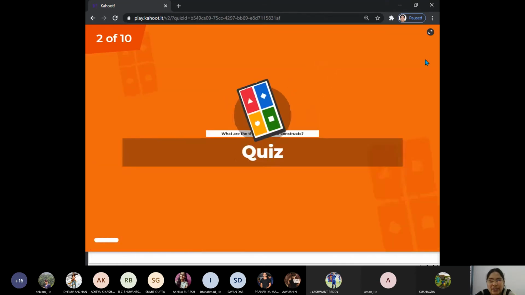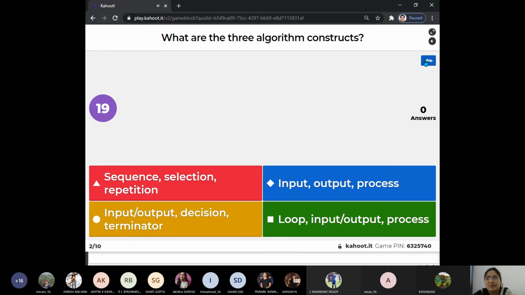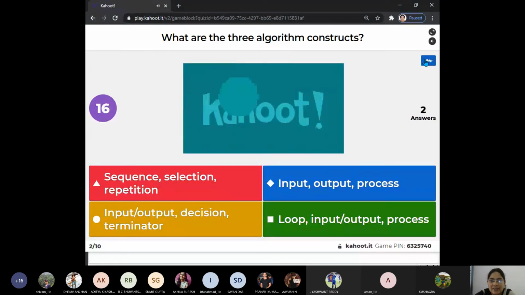Ready? Go for second question. What are the 3 algorithm constructs? Sequence, selection, repetition. Ma'am, can you scroll the screen up?